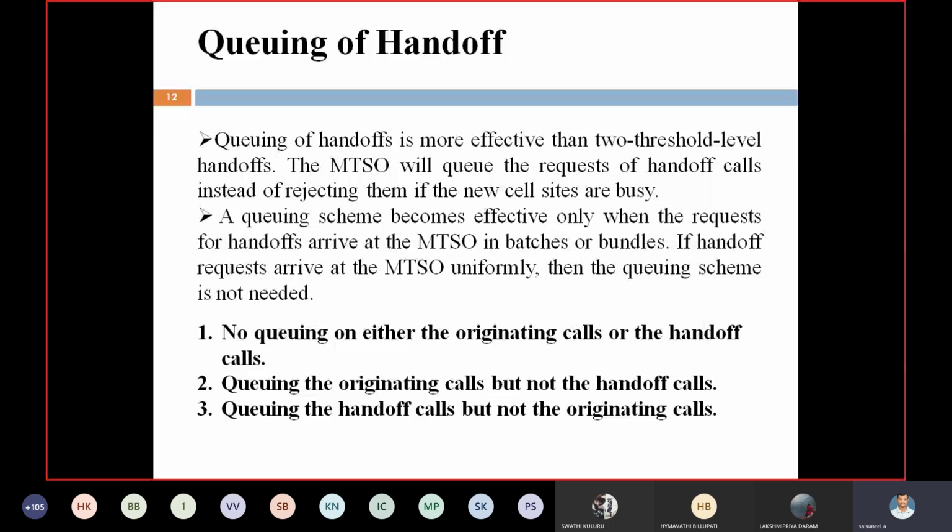Right. Today we discussed different types of handoff techniques which are used in present days. The first type of technique is delaying handoff. The other type is two-level handoff. Next one is forced handoff, which can be done by two methods, one of which is controlling handoff. Next, creating handoff. Next one is mobile assisted handoff, then inter-system handoff, power difference handoff, queuing handoff, and cell site only handoff. We discussed these different types of handoff techniques.